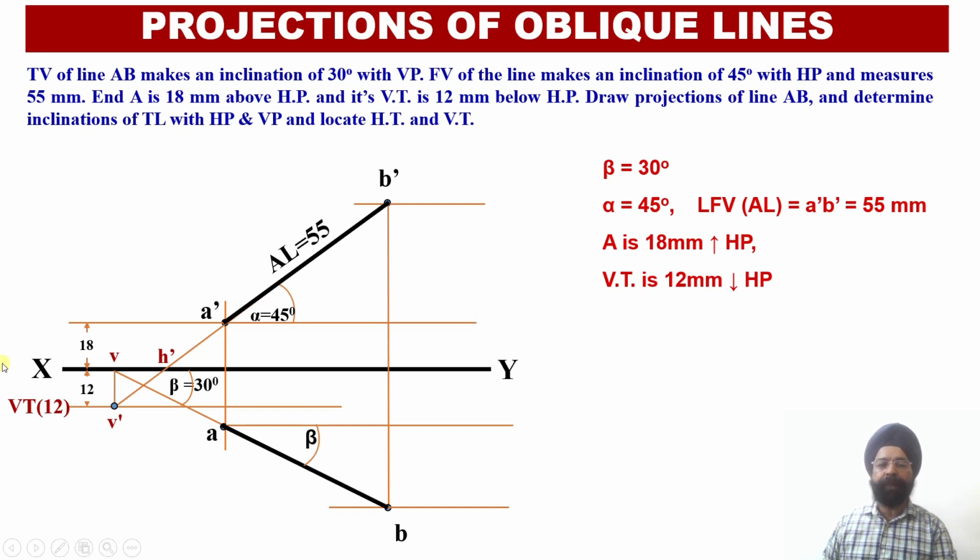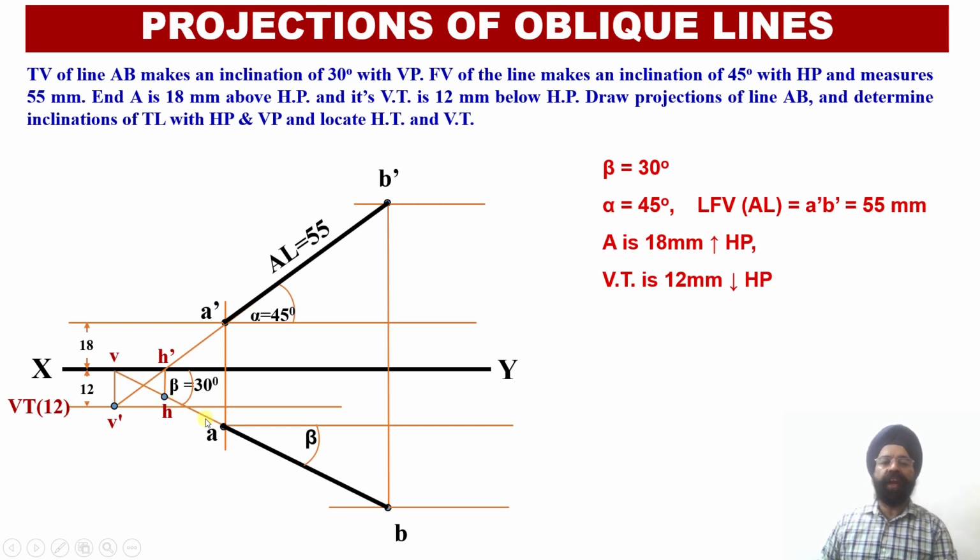Now having obtained angle beta, the vertical trace has already been obtained. I know the point H dash, and through point H dash I have to draw a vertical perpendicular line projection from H dash, so that this vertical projector should intersect with either the plan projection line itself or its extension over there. So this is the extension of the plan projection line. So this vertical projector through H dash, wherever it intersects with the plan projection line, I will be able to obtain the point H. Now we can see points A, B, H and V.